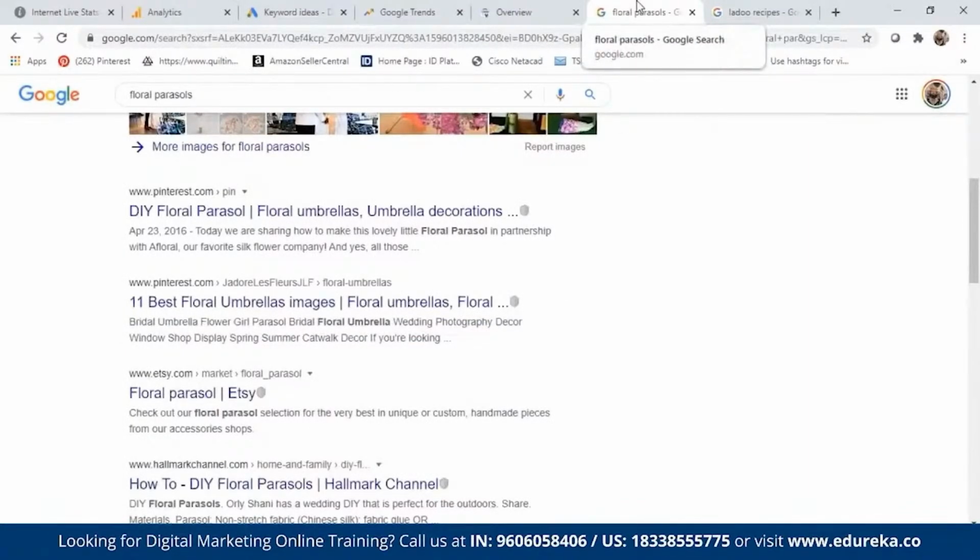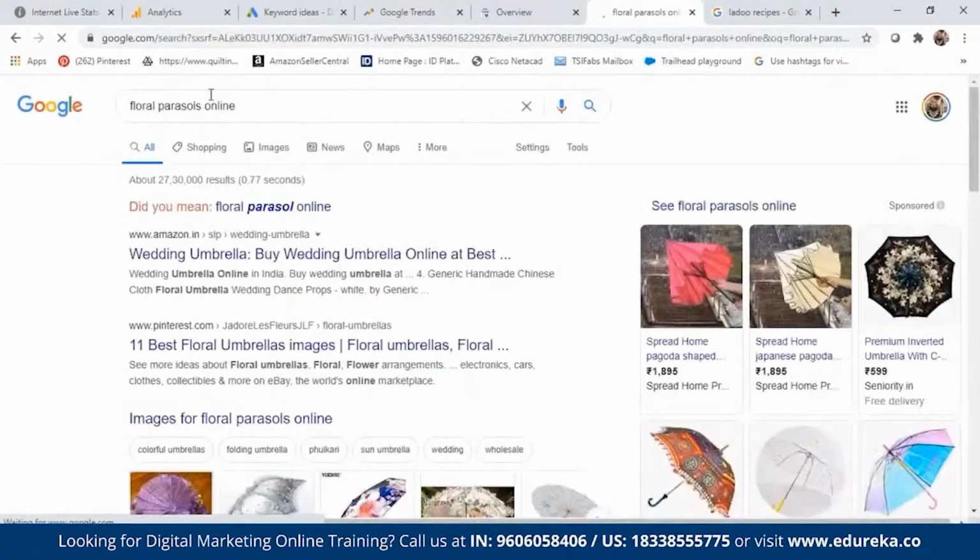Search engines also use keywords to understand broad categories of search intent. Now, if I were to type parasols online, it will start throwing up where I can buy, because it has kind of figured out my intent behind the phrase floral parasols online. Search engines also use freshness algorithms to understand search intent. The algorithms identify trending keywords and return newer pages. You would have noticed that during elections, the results are radically different from what you see during non-election times.